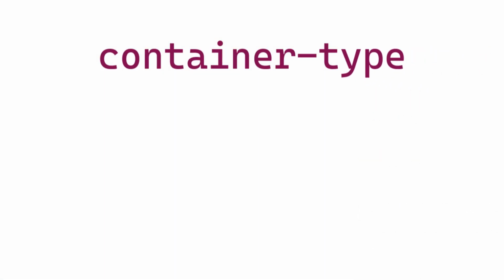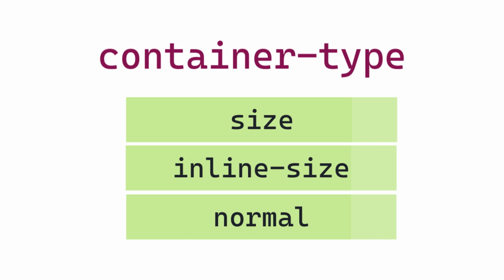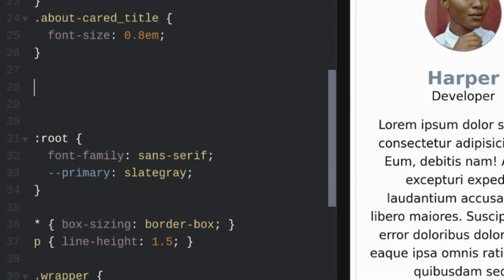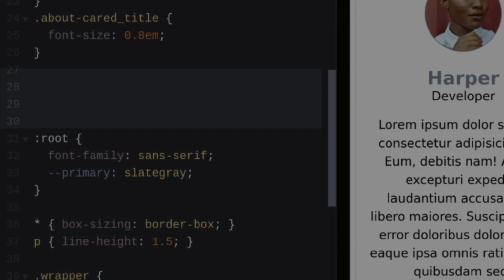We have 3 available values that we can use: size, inline-size, and normal. Now, this can get a little bit confusing simply because when we talk about inline size, we're talking about the direction in which the text runs. For this particular context, this is also true for Flexbox and Grid, CSS has moved away from using right and left and looks at the direction of writing text instead. Therefore, inline-size in our particular example refers to the width. If we were concerned with both the width and the height, we would use size instead. So let's go ahead and add our container-type to our section, which has a class of about-container.